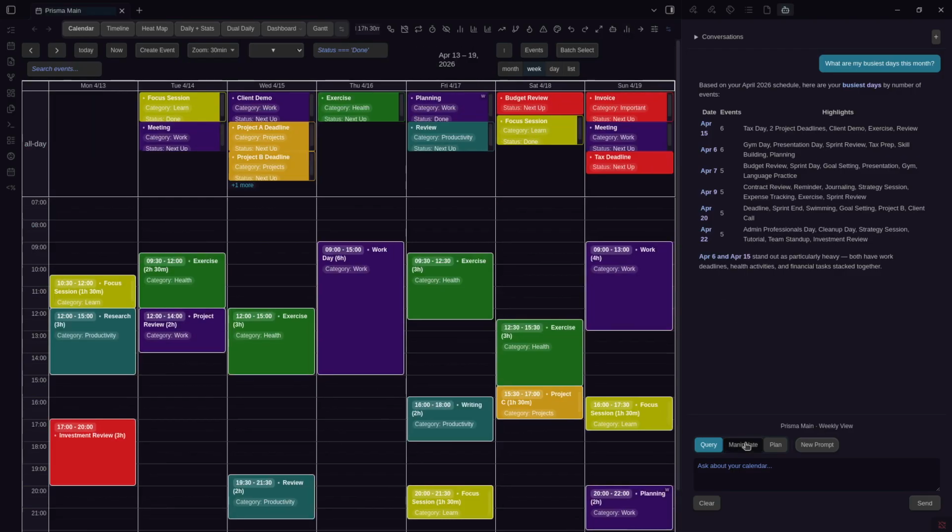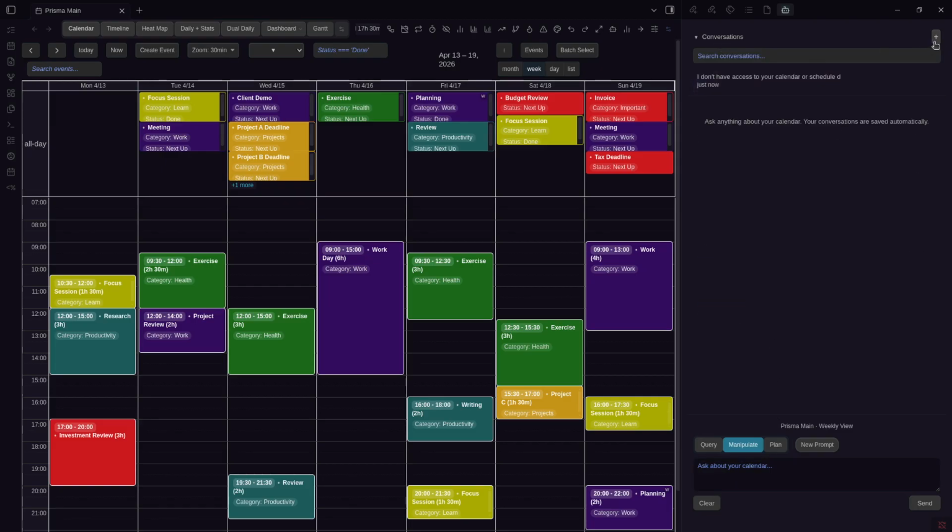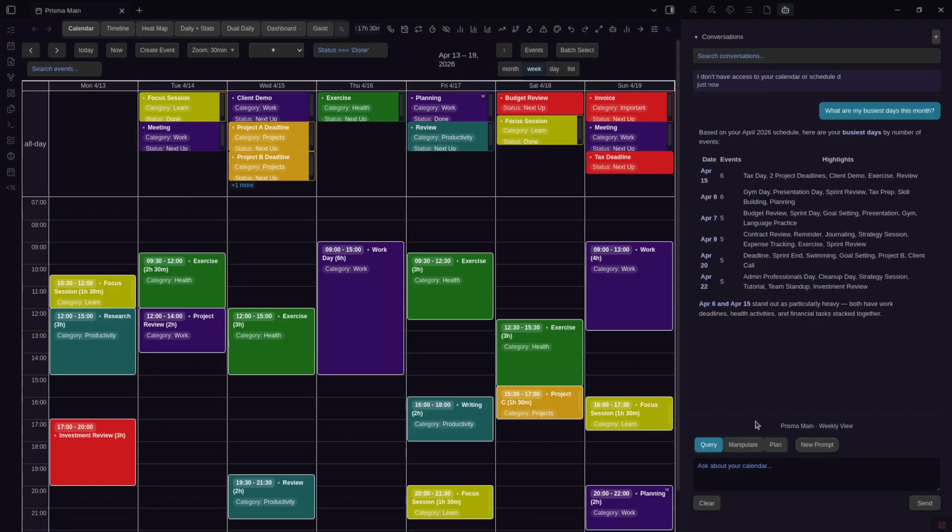Then there is the manipulate option, which basically gives the same context here, and you can tell the AI to remove certain events. And also each conversation is persisted as a separate one, so you can access it and you can continue the conversation, and we are going to provide it as context. So this is the classical way of how ChatGPT works. You can search through conversations, and